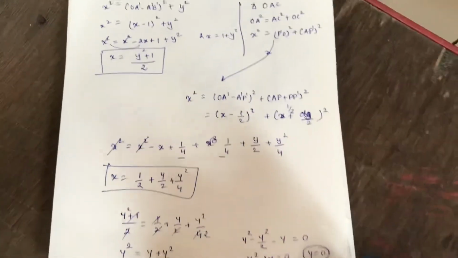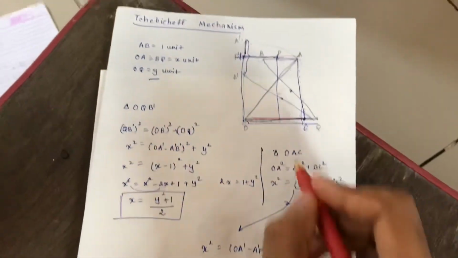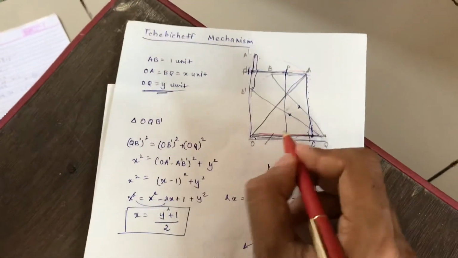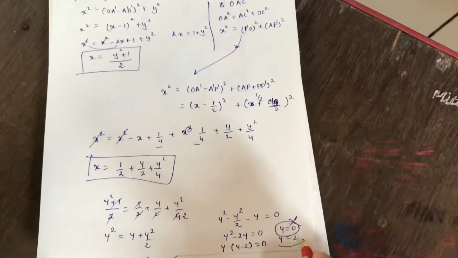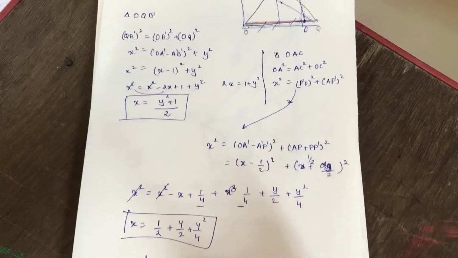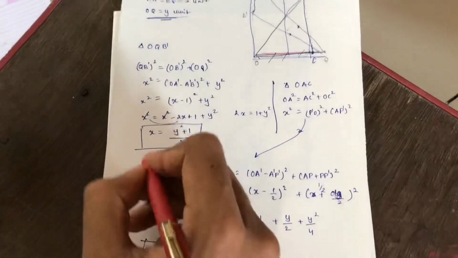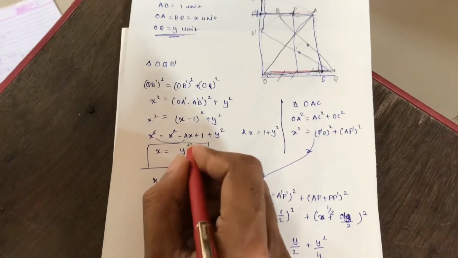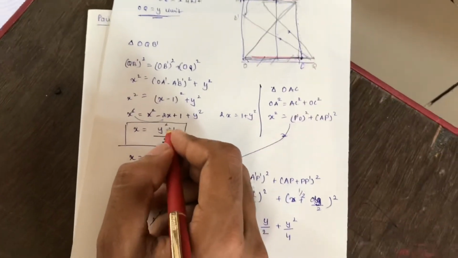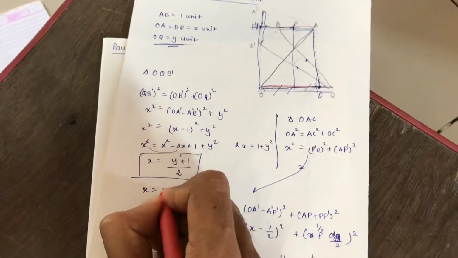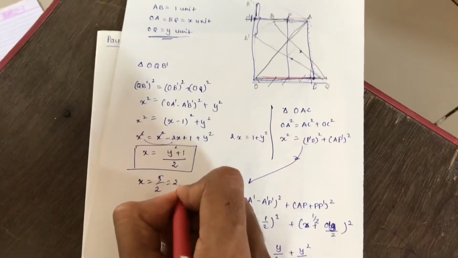But what happens if Y equal to 0? Y equal to 0 means OQ equal to 0. If it is 0, then there is no forwarding mechanism, so this one is not possible. So Y equal to 2. When you use this Y equal to 2 in any one of these equations, 2 square plus 1 means 4 plus 1, it is 5 by 2. 5 by 2 equal to 2.5. So X equal to 2.5.